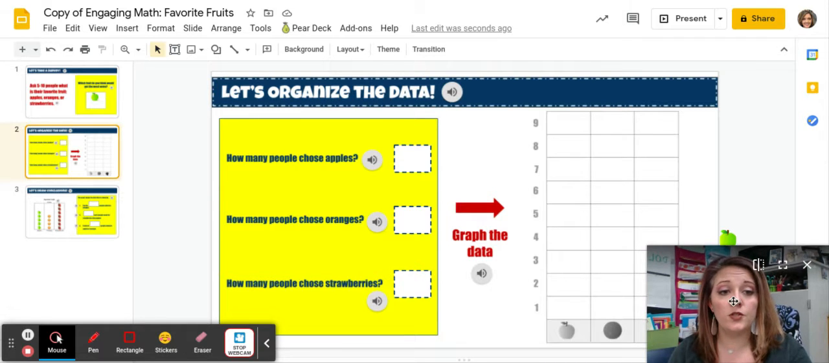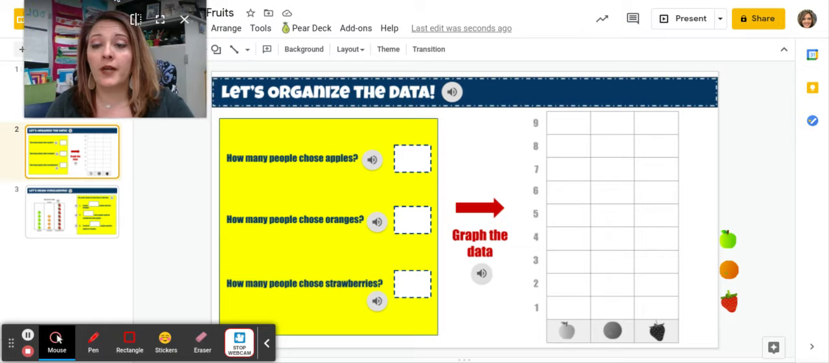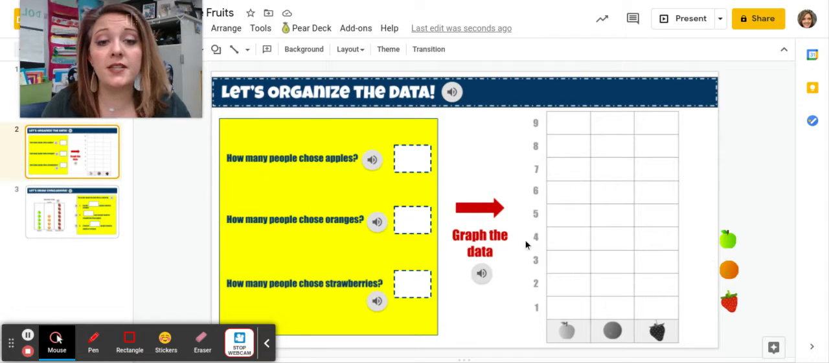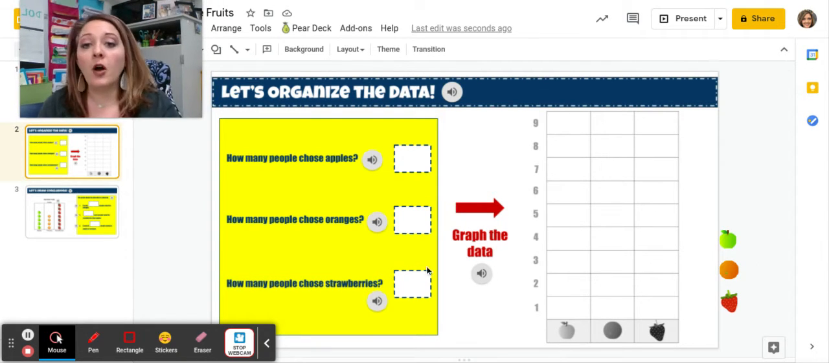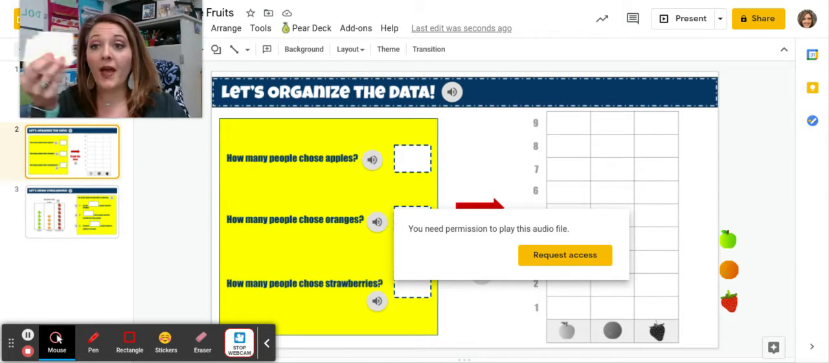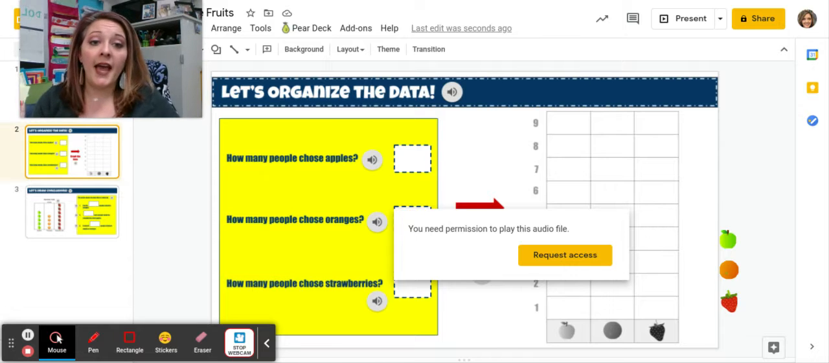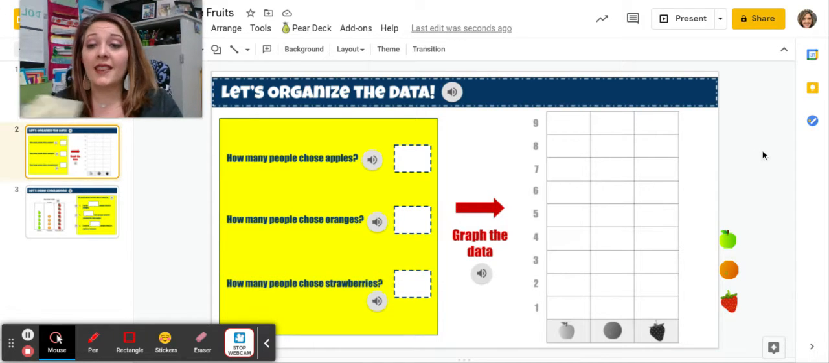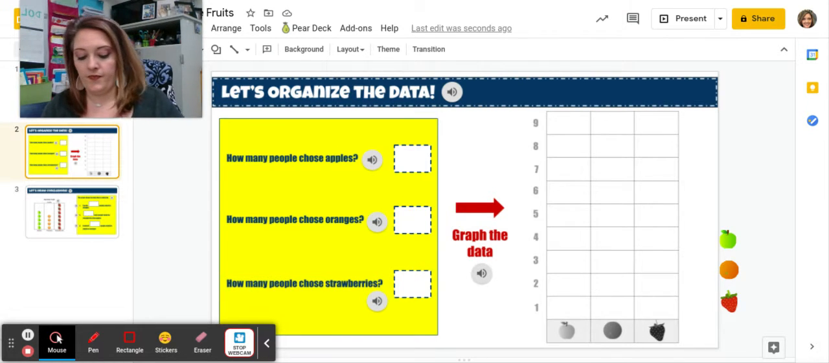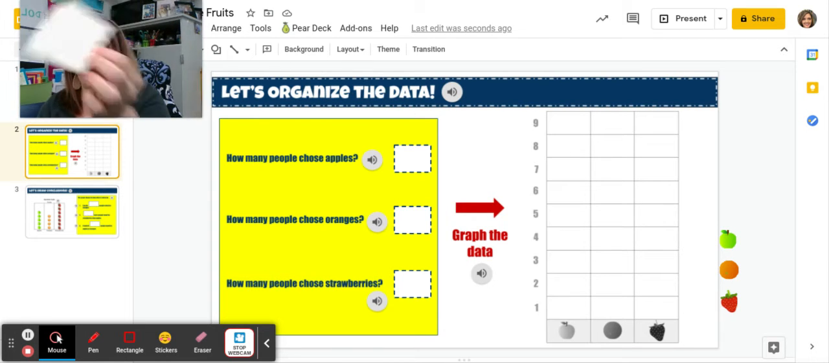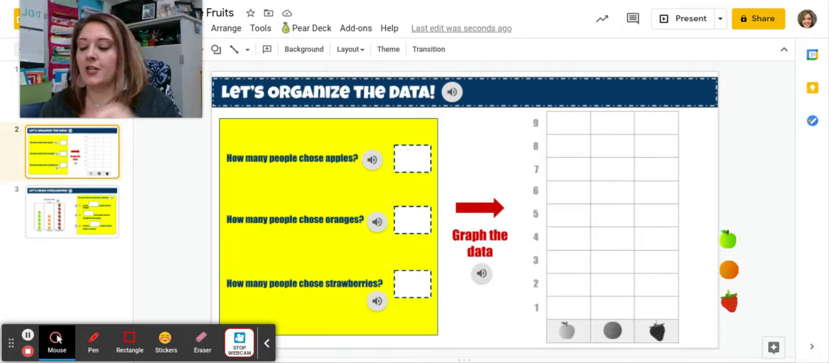So the way we're going to do this is I am going to use my pictures to fill in my graph. I'm also going to type in my number for how many people chose the different ones. So I have my cards here from all the people that I asked, and I wrote down what they chose. Okay, so let's see, I have an apple, I have an orange, another apple, a strawberry, an orange,